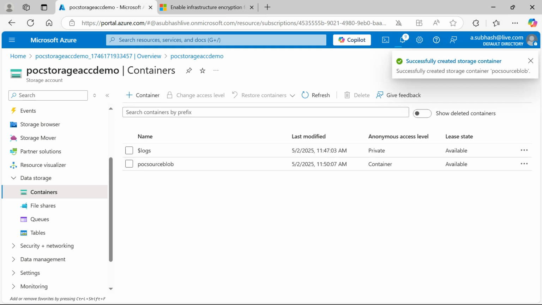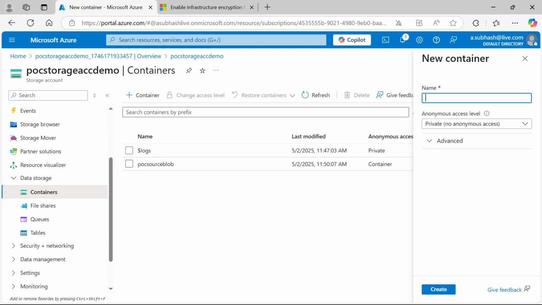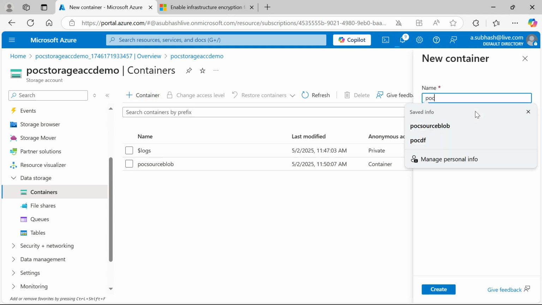Storage container is created successfully. We created one storage container. If you notice, before this the logs container was not there. This got created automatically with the creation of the first container. I'm creating another container, POC